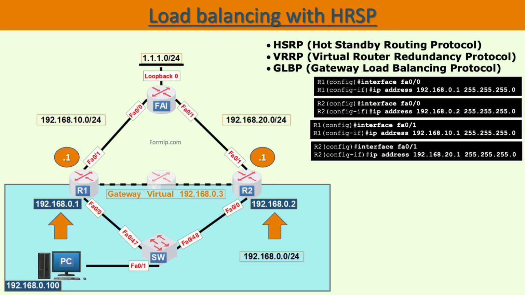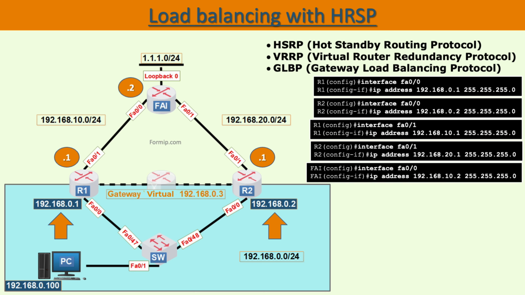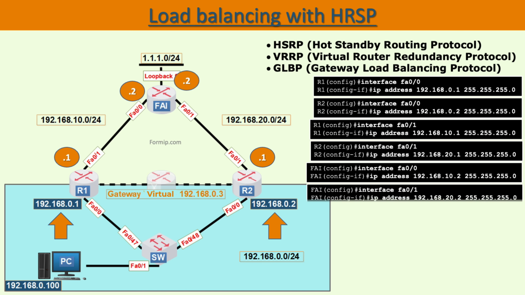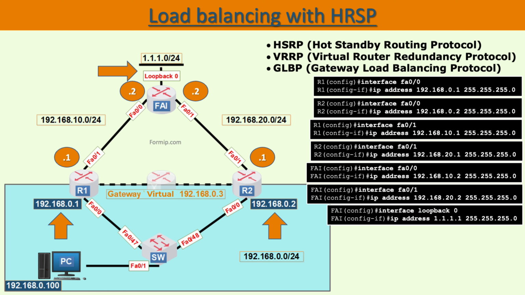If you reproduce this topology on Packet Tracer, you will need to create a Loopback interface to simulate your internet router, because a Loopback will always respond to a ping. Here it is assigned the IP 1.1.1.1. So in the current state, routers 1 and 2 have no knowledge of the Loopback network. That's why we're going to create a static route to it. On router 1, it is told that to join the Loopback network, you have to go to the interface that carries the IP